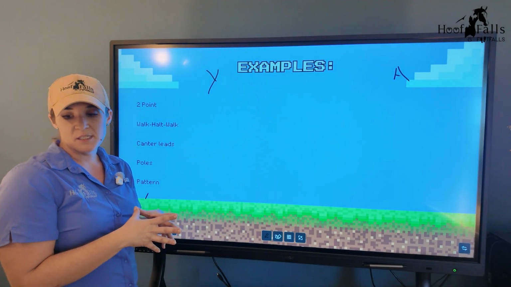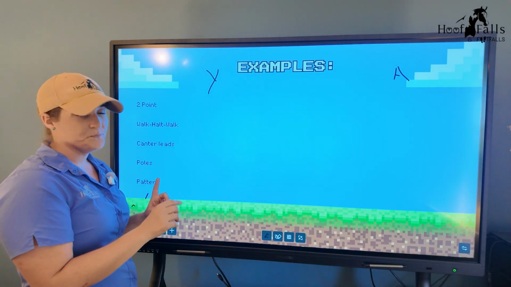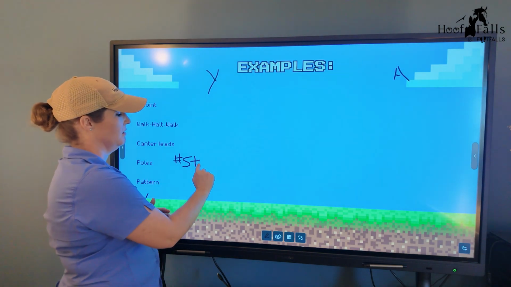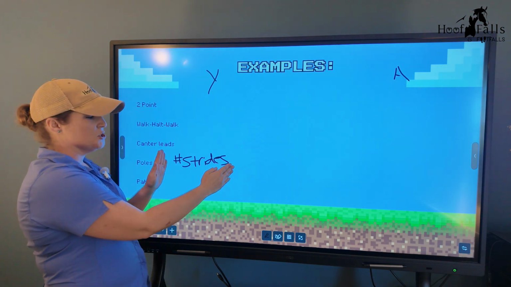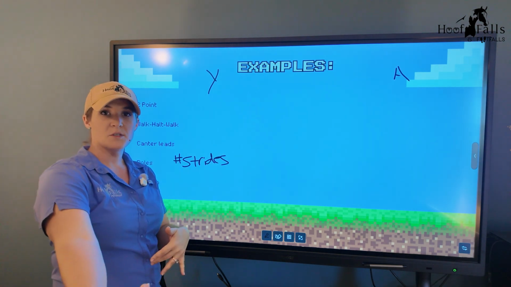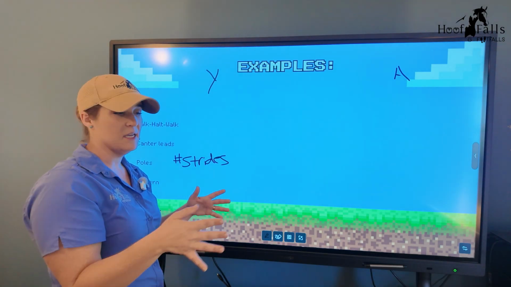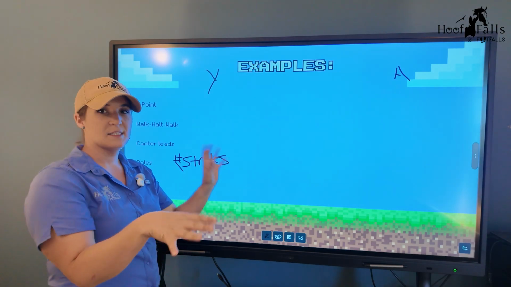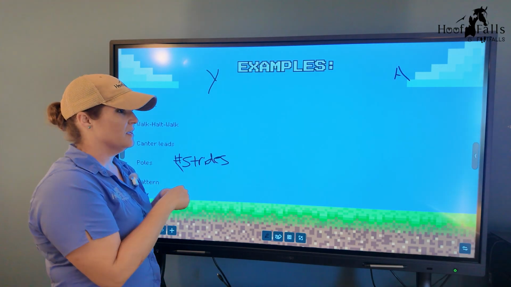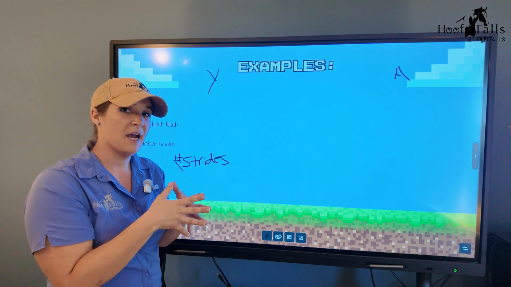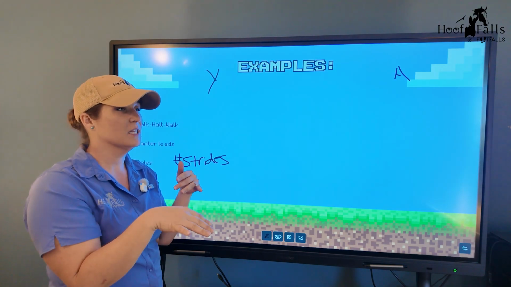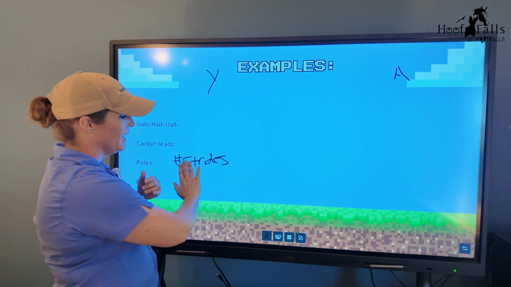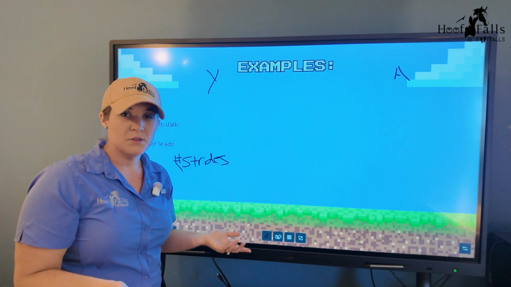All right, the poles. So we could do the pole pattern. We could do number of strides. So how many strides are we getting in between our sets of poles? And you can make your sets of poles or jumps even the same on either side. And they have the challenge of creating the same number of strides. And then you can even see if they can shorten the length of strides or decrease. If we're shortening the length, we're going to increase the number of the steps or strides in between the poles there. And that's a way that you could gamify poles.